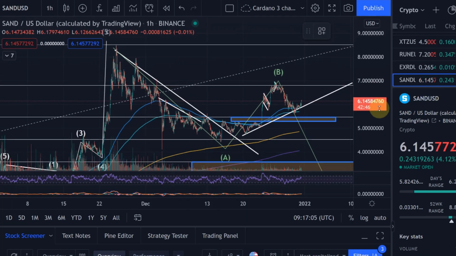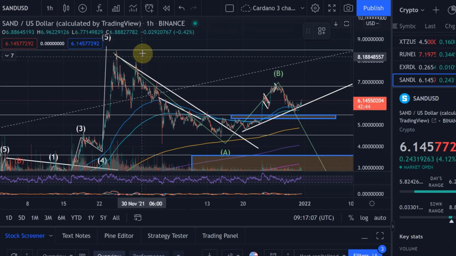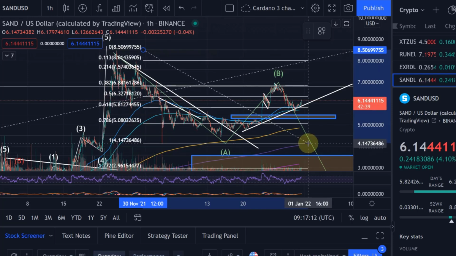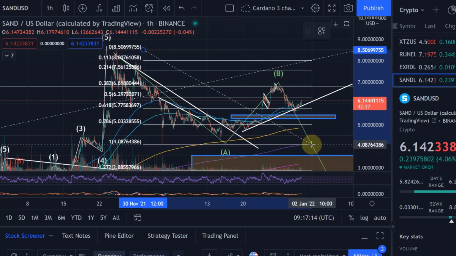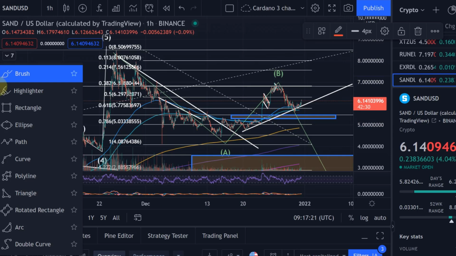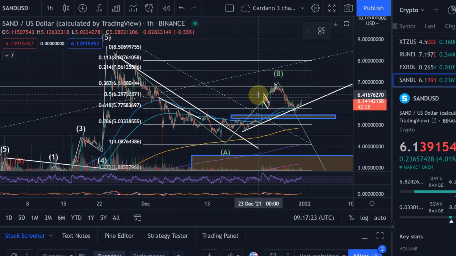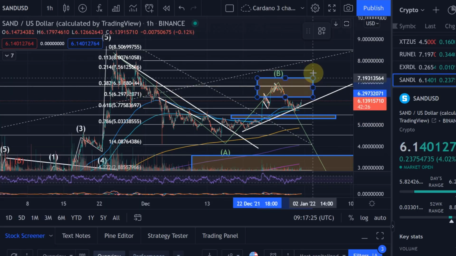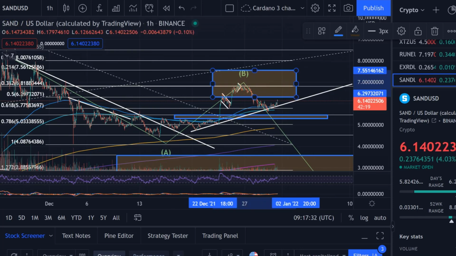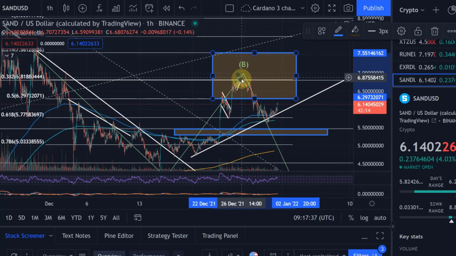Yeah, that's a possibility. But also we need to be aware that if we take a look at the fibs here for that wave B target, beginning from that wave 5 all the way down to the low of that wave, we can see that we already retraced here into this area between the 0.5 fib level and the 0.786. So we already came into an ideal target level here for the wave B, where you can expect some resistance before reaching the 680 level. And by the way, we hit the 680 level perfectly.